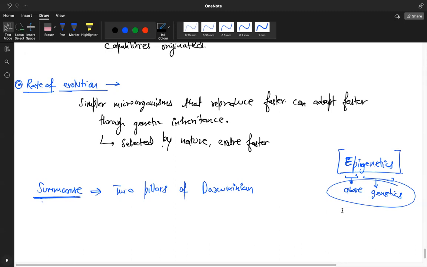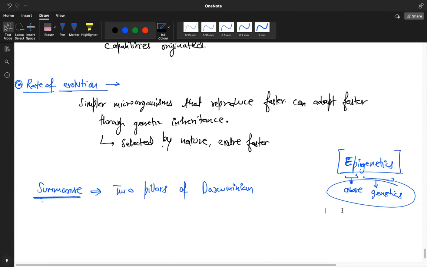But yes, some characters which have been studied, mostly phenotypic behaviors, are actually acquired, and then they can be passed on to the next generation. So this is basically what Lamarck also said, right? Acquired characters can be passed on. But he talked about some very vague things, like long necks and big muscles. Now we know that cannot happen, but maybe there was something Lamarck did not know. We are going to know now that at a molecular level, some things of that sort are happening. Okay.